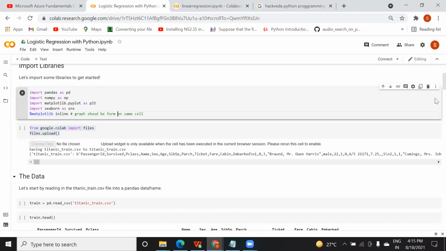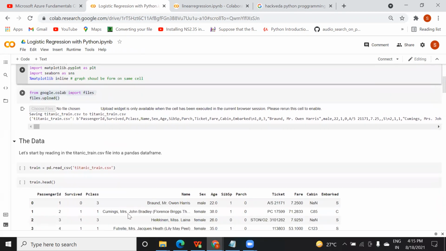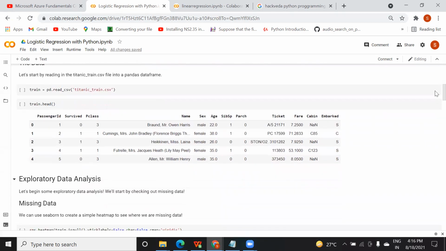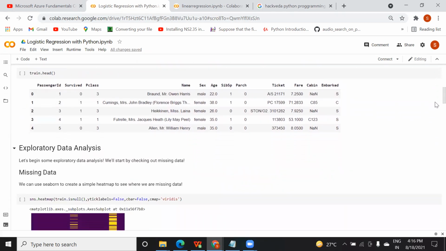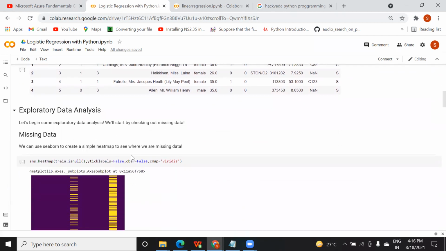Okay. Once you are done with this, you can read this. When you read in a Jupyter notebook, you will write this code, not this code. This code is used for Colab, but when you work on Jupyter notebook, you just need to give a path here, wherever you have this data set. Then you can see the data set, how it is appearing, with the help of the head function. Then you can draw the graph there.